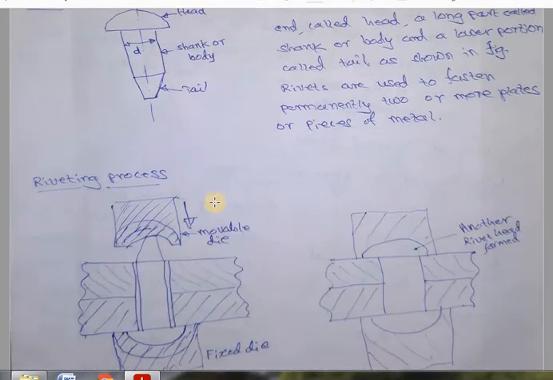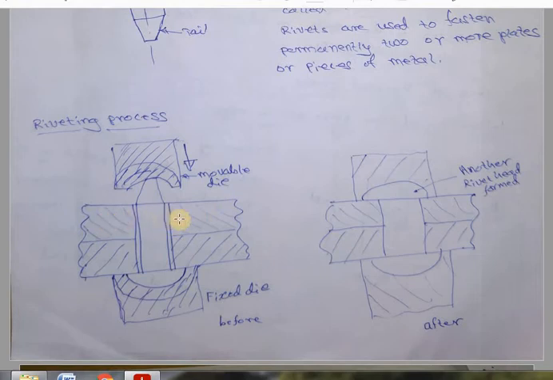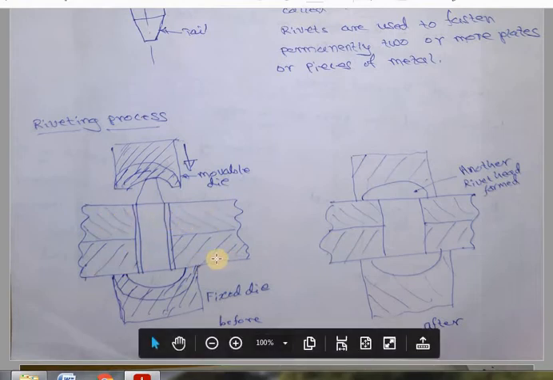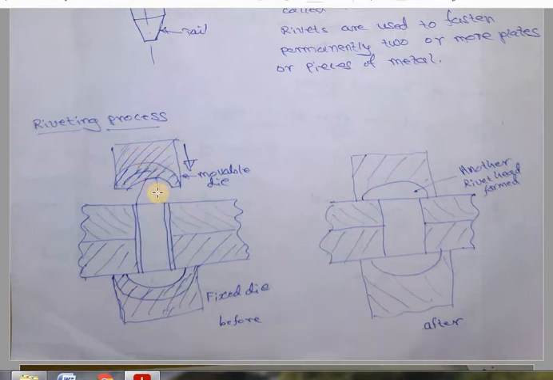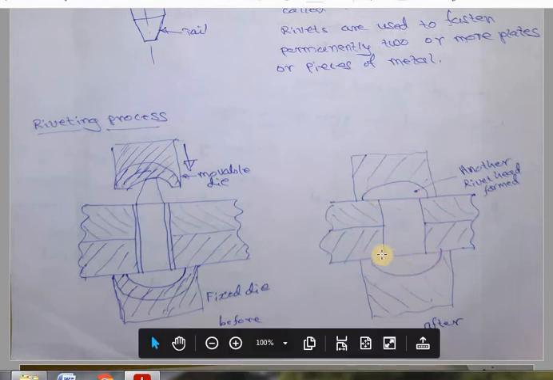Then we see how this riveting arrangement is made. You can see here one plate kept on the other plate, which we call a lap joint. There is a hole in these two plates. Then we insert a rivet from the bottom end. Then I put one die here, the fixed die, which holds the rivet. The other die, the movable die, is placed on the top side, over the tail portion of the rivet. When we press from the top side, this tail portion gets deformed and takes the same shape of a head, like the bottom head. In a similar way, it has another head on the other side.